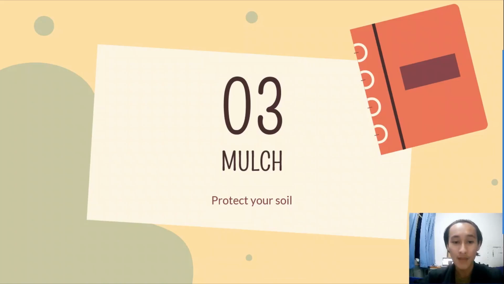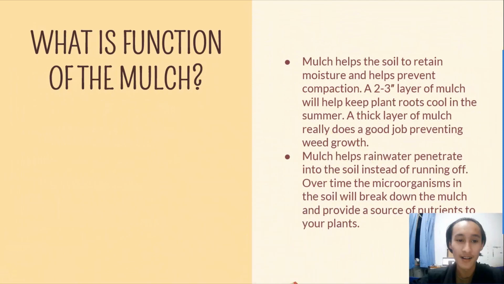Next, I want to talk about mulch. What is the function of mulch? Mulch helps the soil to retain moisture and helps prevent compaction. Two or three layers of mulch will help keep plant roots cool in summer. A thick layer of mulch really does a good job